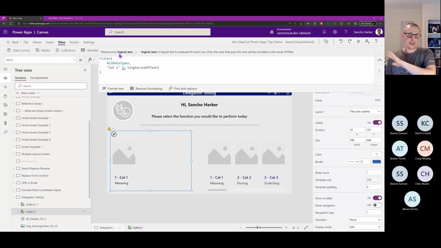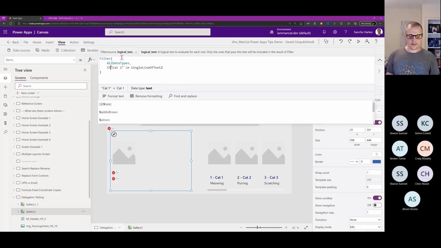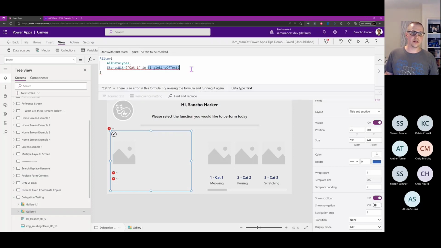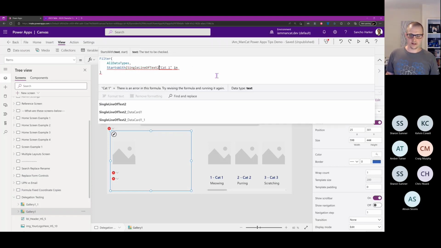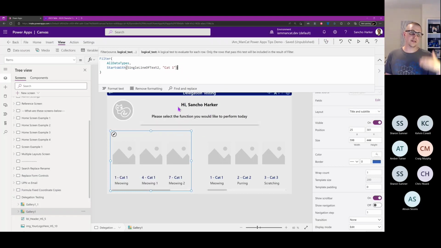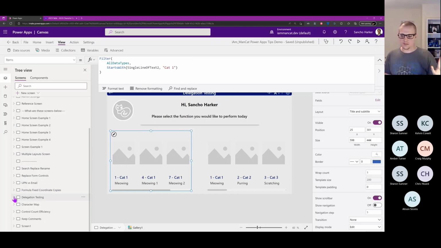Now, that's a whole topic in itself, so I'm not going to go into that right now, but effectively, for example, we could do a starts with, and then that column, and then the text we want it to start with. And there you can see, no longer having a delegation issue, we get all the results we want. Okay, so delegation is a whole long topic. I'm not going to get into that now because, time. Okay, so next tip,